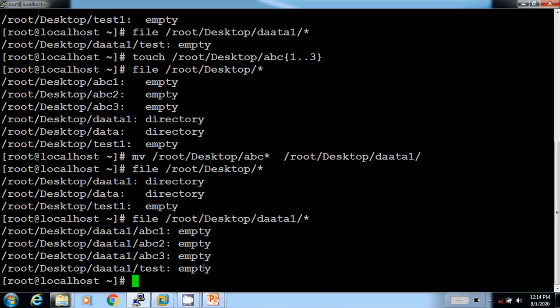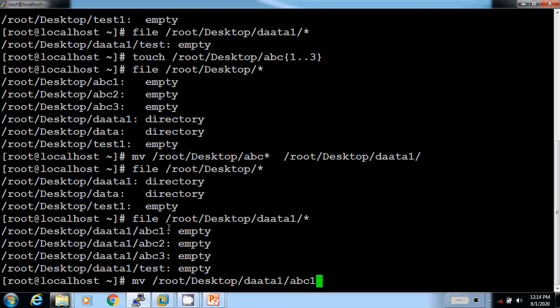With the help of the mv command, we can rename any file. Let me take the example. I want to change the name abc1 to another name. mv root desktop data1 abc1.